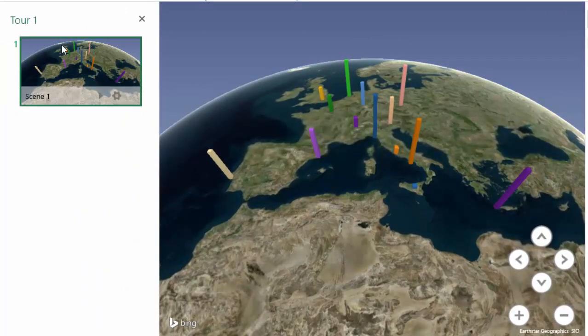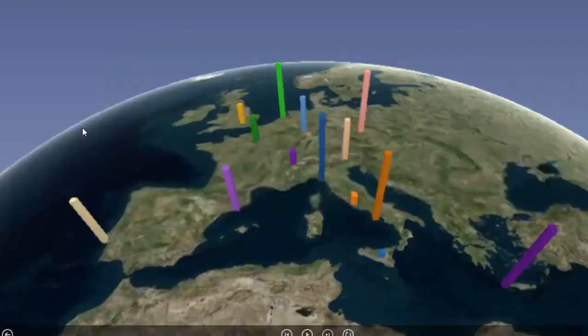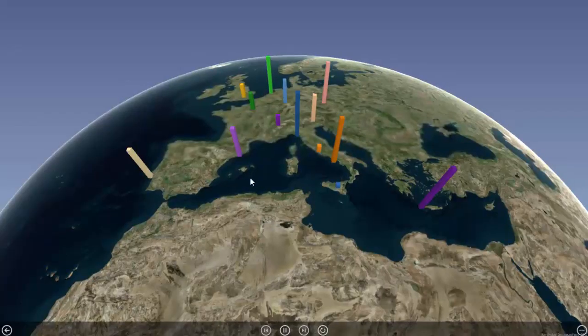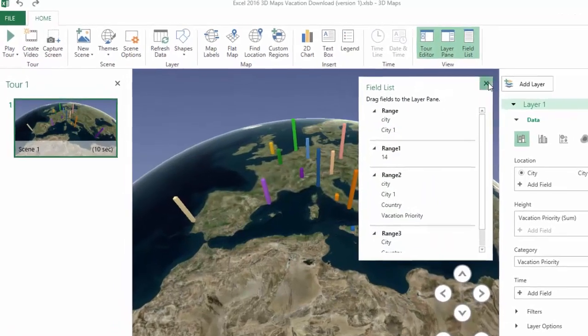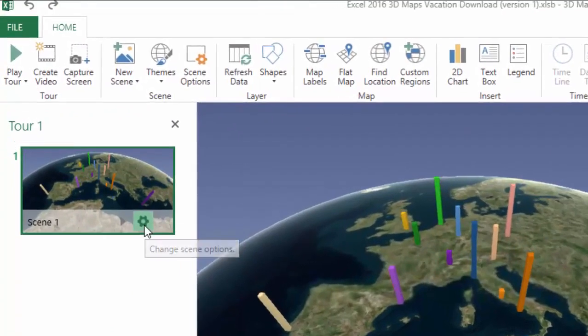And then of course it's already created one tour here, and I can click play and it'll show me what it's going to show me, but it doesn't really have any animation attached to that yet. And the animation takes a little bit of playing with to get it right, but I'm going to change the settings on this,